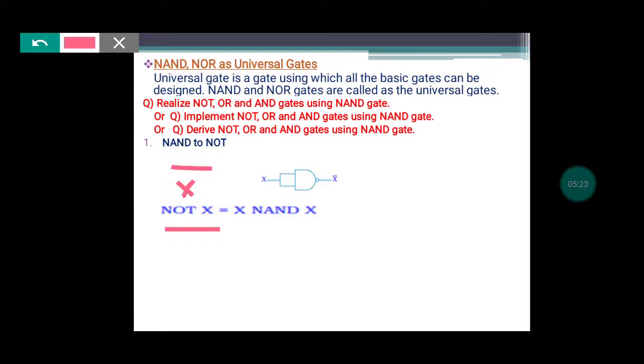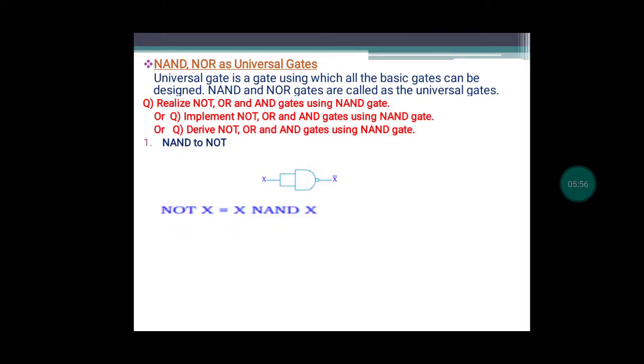So using what gate do I have to derive this? I have to use only NAND gate. So using NAND gates, I have to derive this NOT gate. I can arrange the equations the way I want. What I have written here is x and x. Here I am providing x, here also I am providing x. So I am providing this x and x to a NAND gate, which means it is x NAND x operation. I can write it like this, x NAND x. Yes or no?